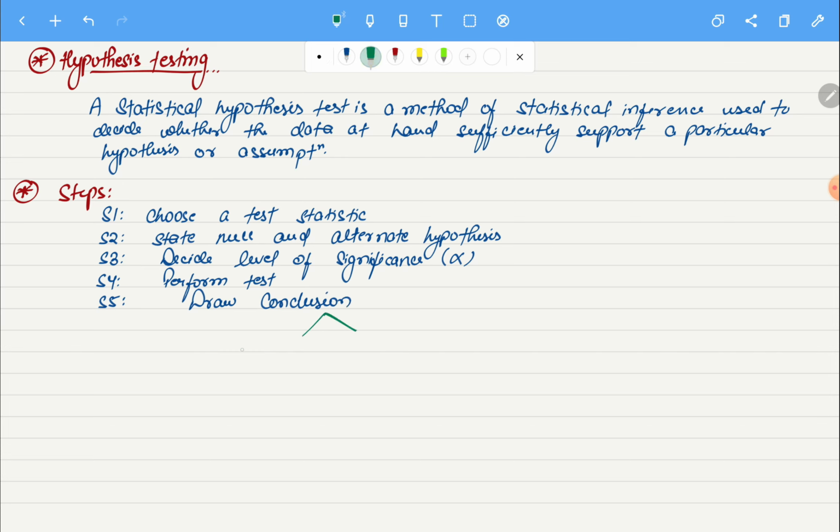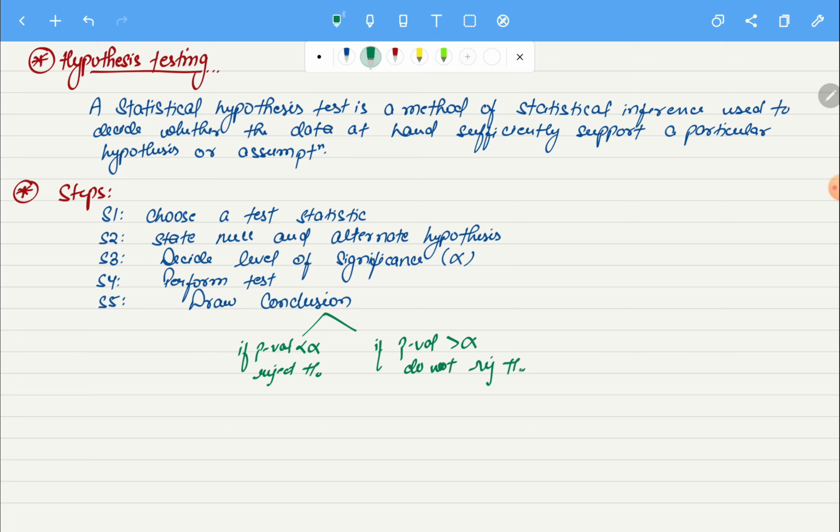In the conclusion section, if p-value is less than alpha, we reject null hypothesis, and if p-value is greater than alpha, we do not reject